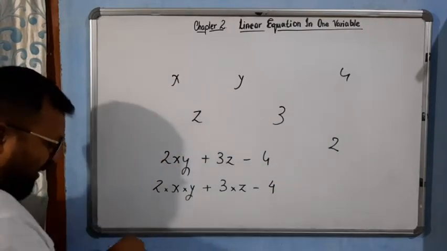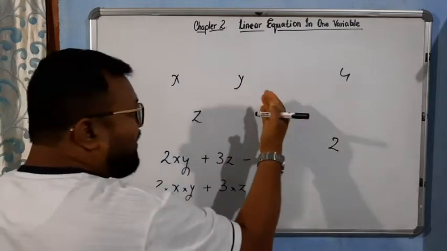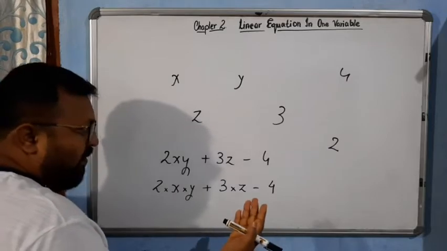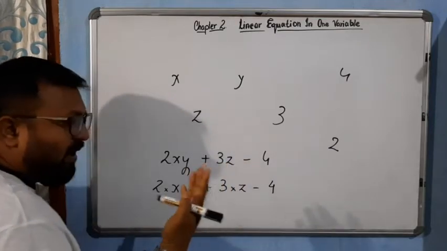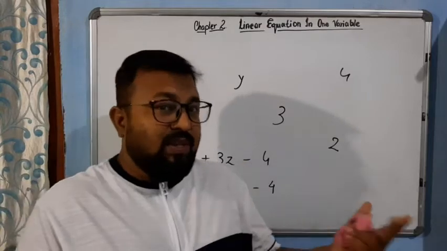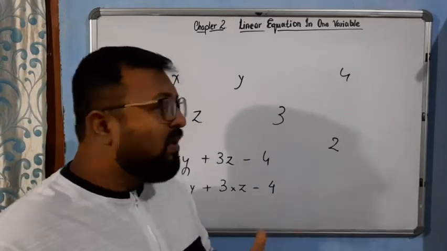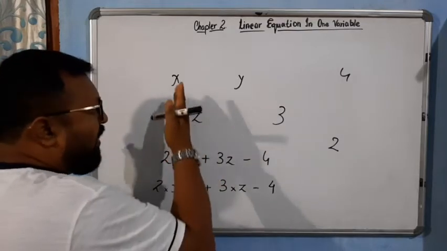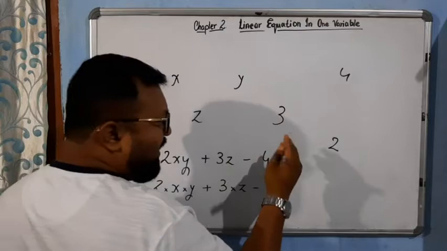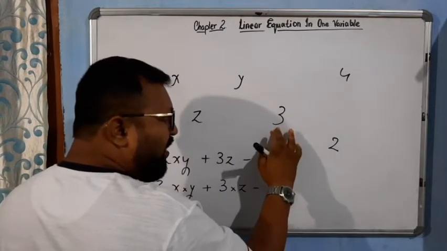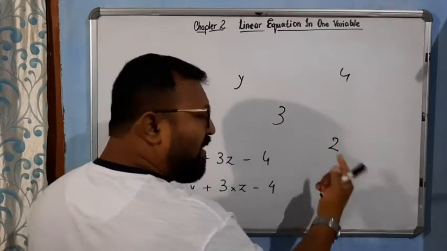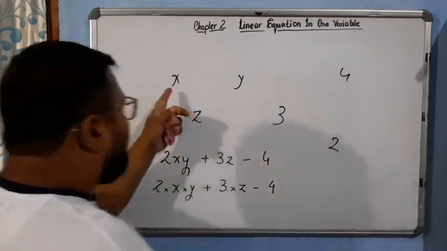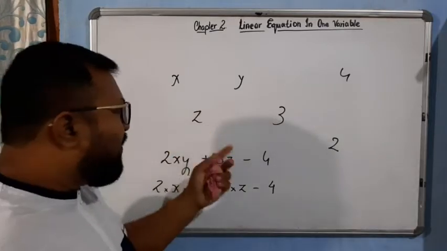As I told you, the algebraic expression is the combination of constant and variable. Now in our mind comes what is constant and what is variable. A variable is a symbol which may bear any values, but a constant is a symbol which has a fixed value. 3 means 3, 1, 2, 3. 2 means 2, only we will count 1, 2. 4 means 4, 1, 2, 3, 4, like that. But x may have any value, y may have any value, z may have any value.